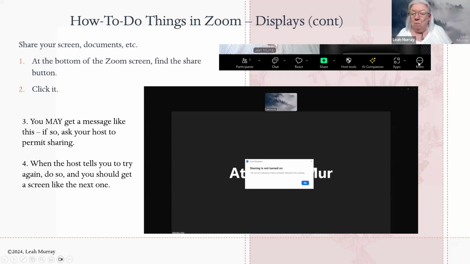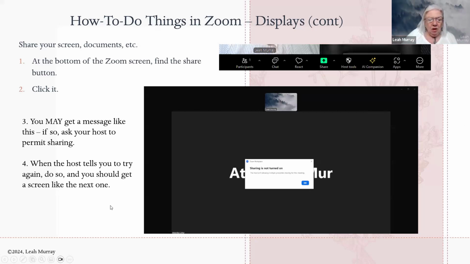And of course, there's this more button, which also gives you a huge amount of stuff to explore. The ones you're going to use the most are going to be the chat, the react, and your audio and video controls. The rest of them are wonderful toys, but they don't need to be on